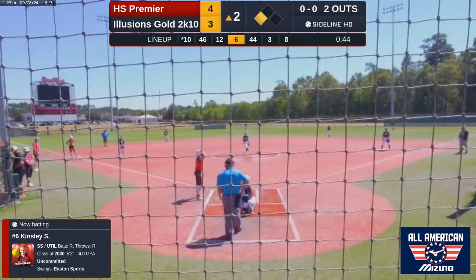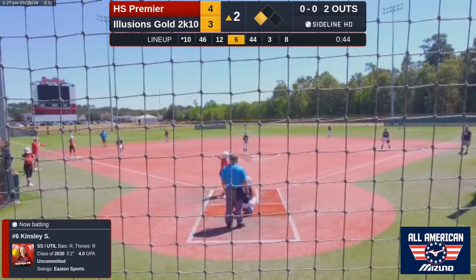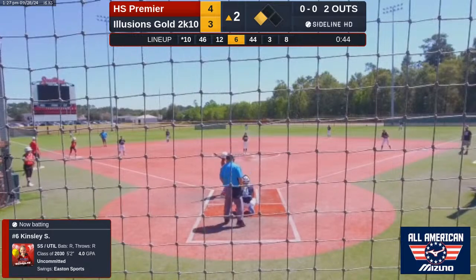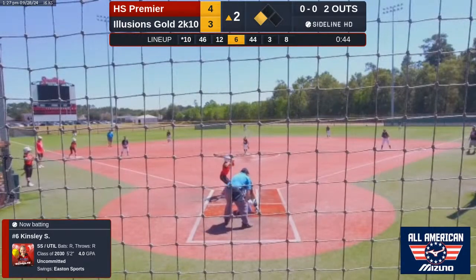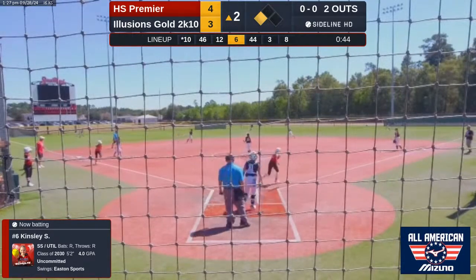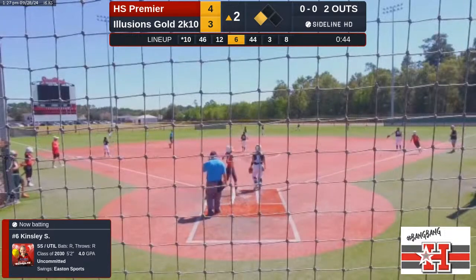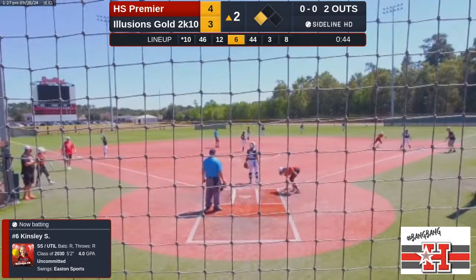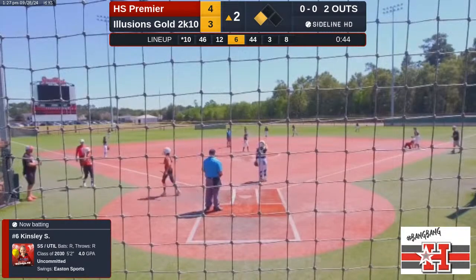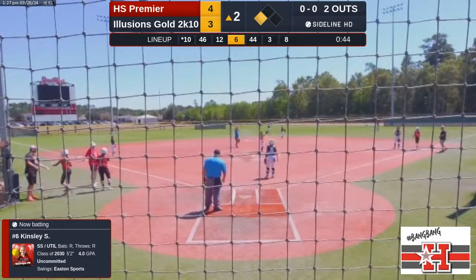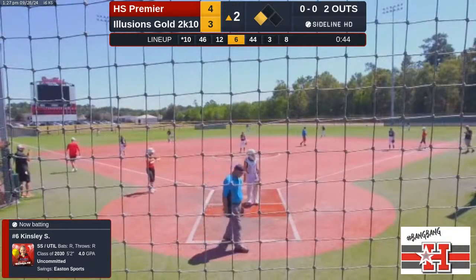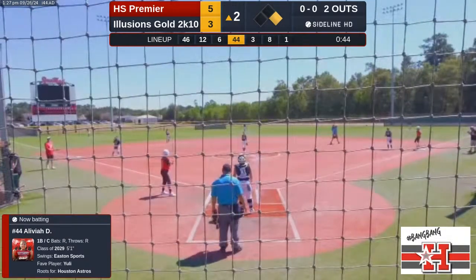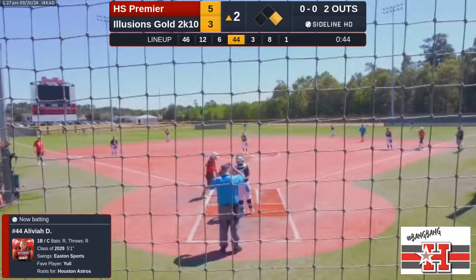4-3 game, 2 outs. Kinsley Schulte's your batter here. She walked in her last at bat as well. Let's go 6. Ball's hit, and it's a line drive into right center. That's a base hit, and it brings in Carissa from third. So good job by Kinsley, just hitting that line drive out into right center, brings that runner in from third base. Got a 5-3 Hotshots lead.